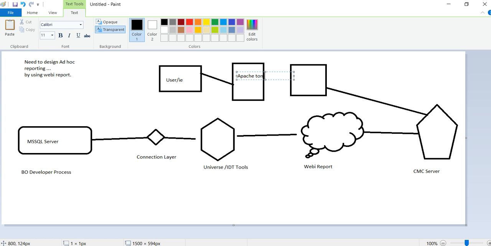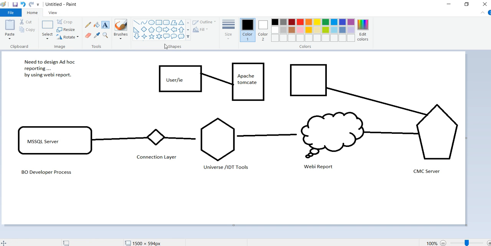Apache Tomcat will authenticate your information with the CMS server. If everything looks good, it will redirect again and you will move to the BI Launchpad.